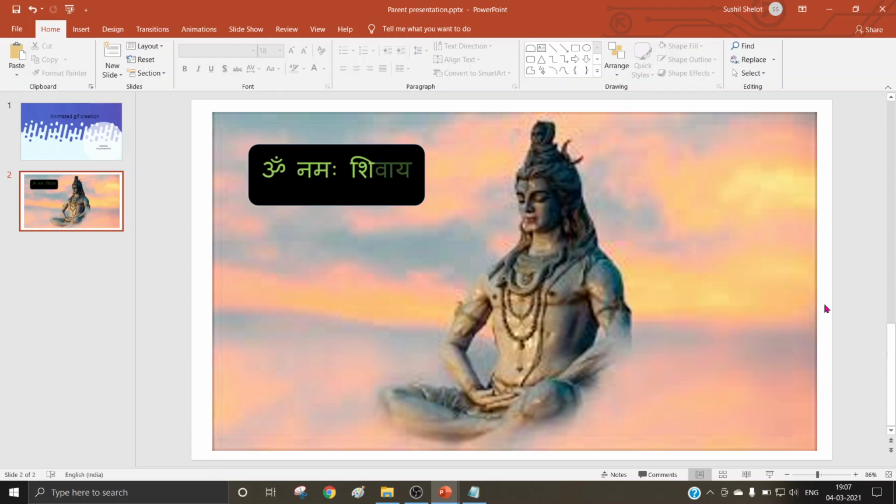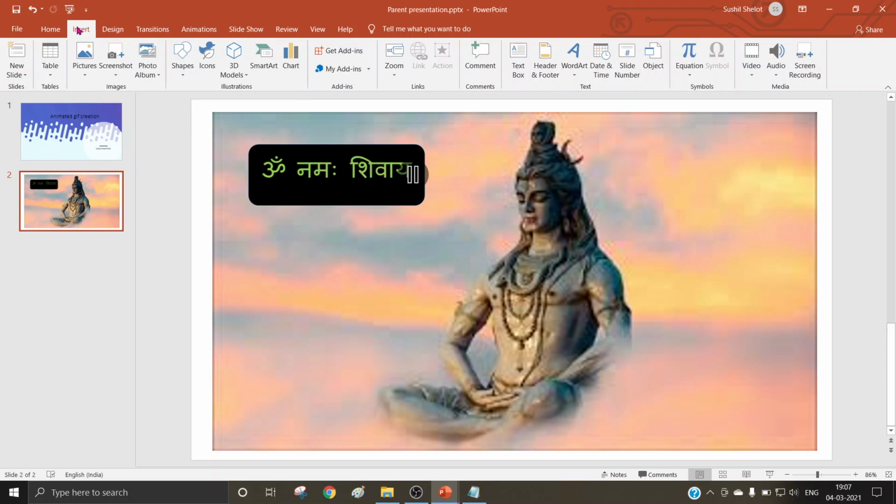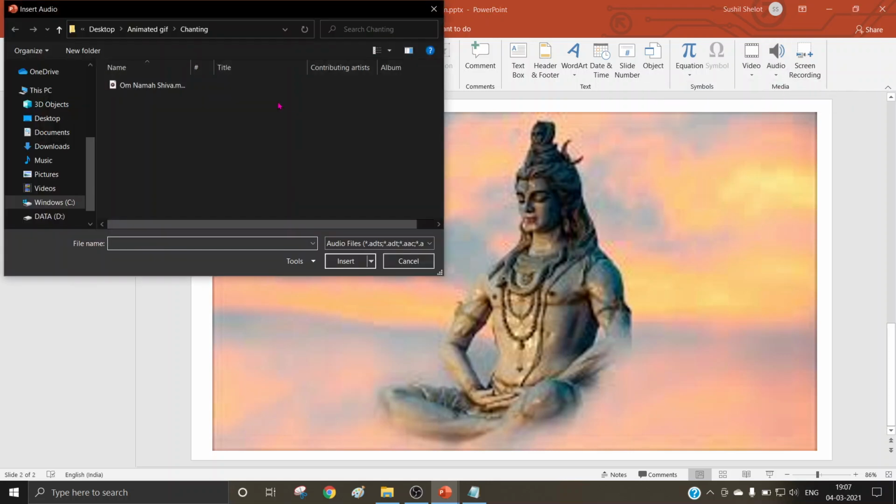Now, no prayer is complete unless we insert or we chant the rhyme or the prayers. So, in PowerPoint, we have option to insert an audio file, which I am going to do now. I have a very nice chanting audio on my PC. This can be done by recording audio as well as with a ready-made audio in my PC. So I'm going to choose audio in my PC, and I have a nice chanting with me here already saved here. I'm going to insert it,